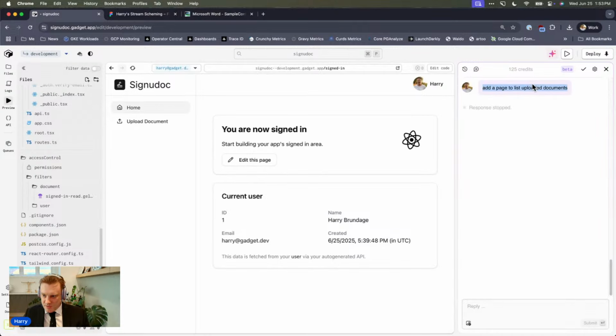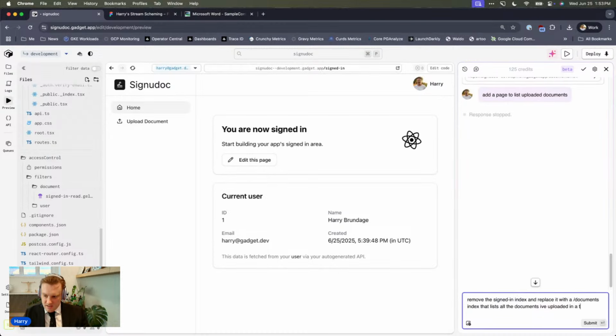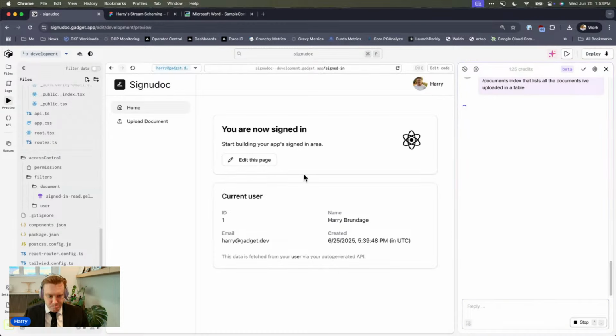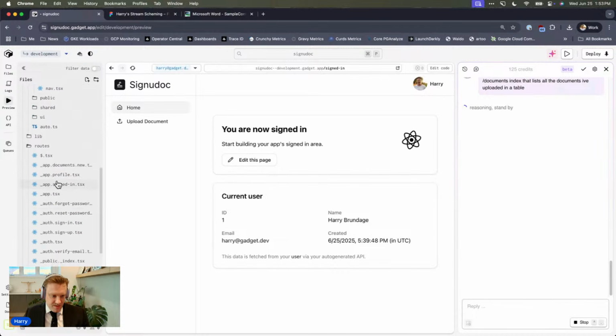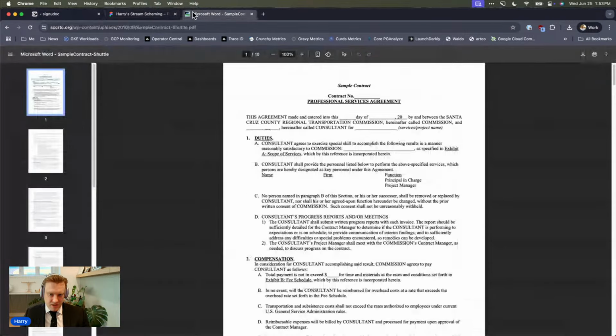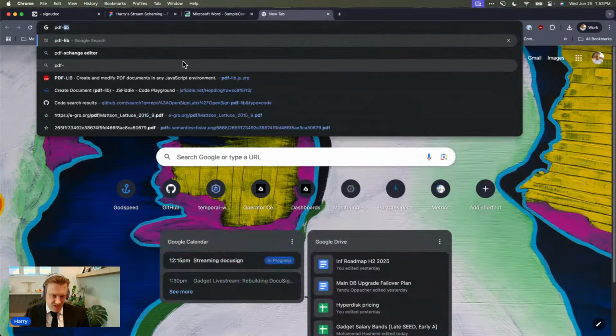Actually, you know what? I'm going to be more specific than that. Remove the signed in index. Replace it with a /documents index that lists all the documents I've uploaded in a table. So what I'm expecting that to do is get rid of this signed in route over here and make me a documents index. And then while we are waiting for the AI to cook, let's talk about PDF stuff client